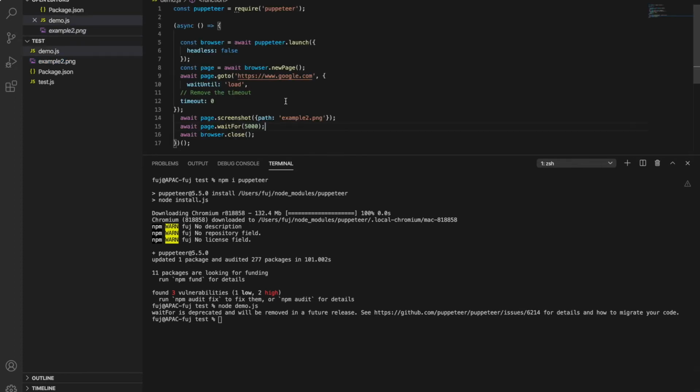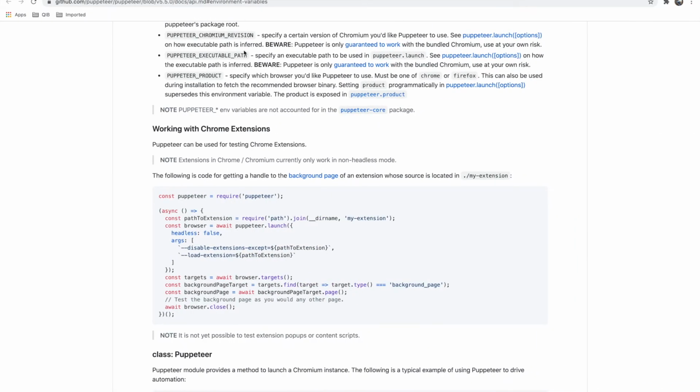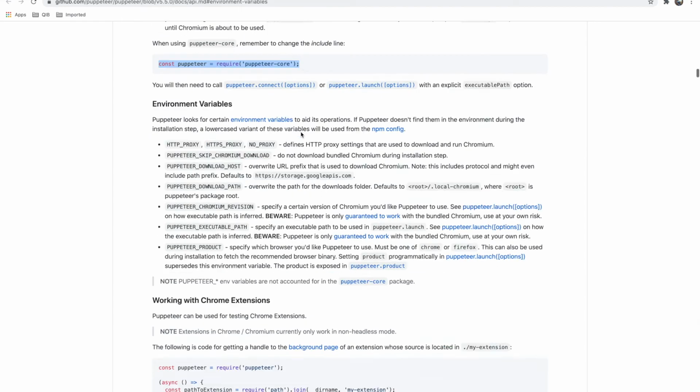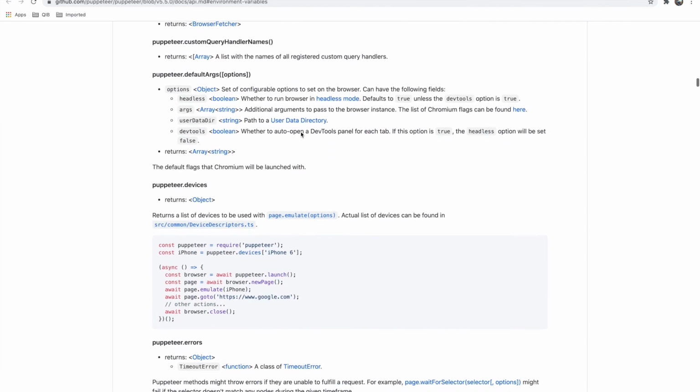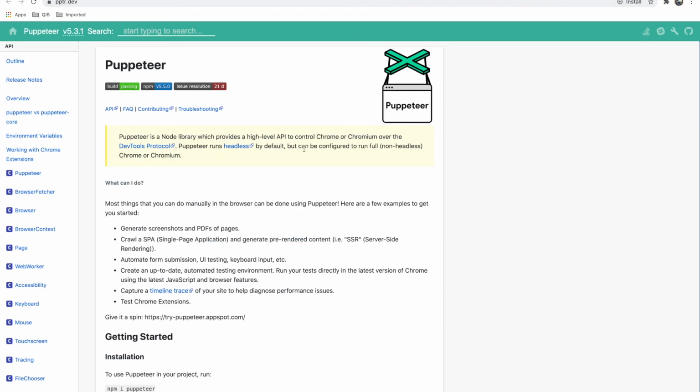How to write tougher scripts, how to use this page object, and what all you can do with Puppeteer, I will put in the next video. So this is a very introductory video. Here we saw the architecture. I have provided the github.com link in my description. This is the official git for Puppeteer, and this is the official puppeteer.dev site to start with.